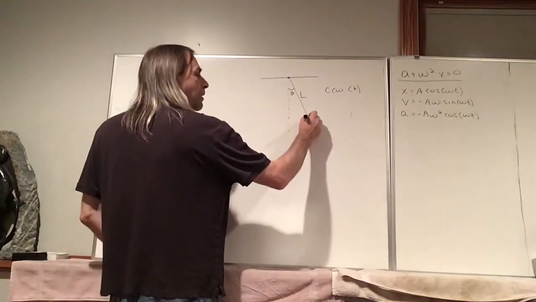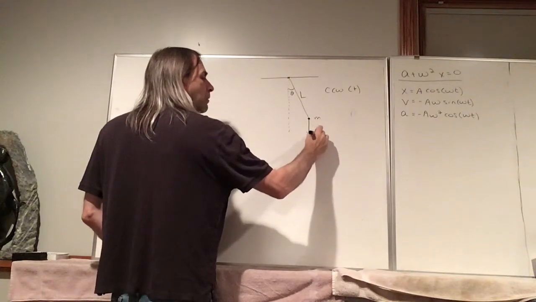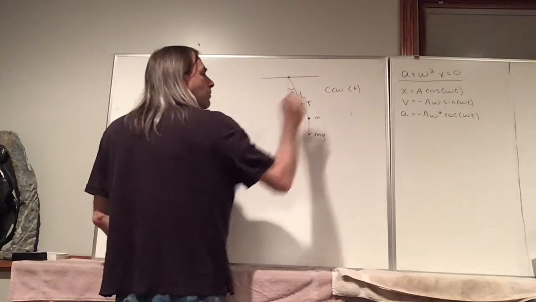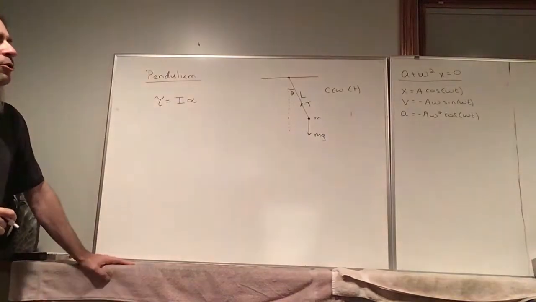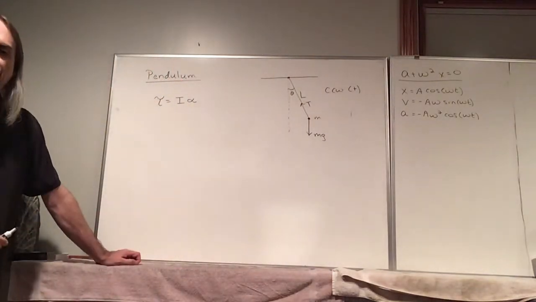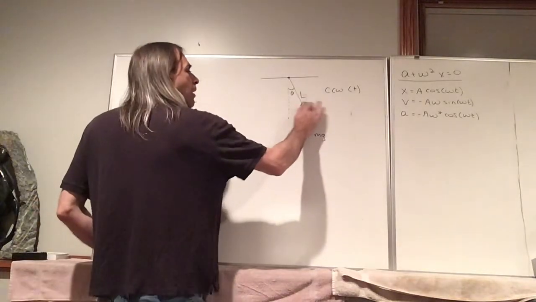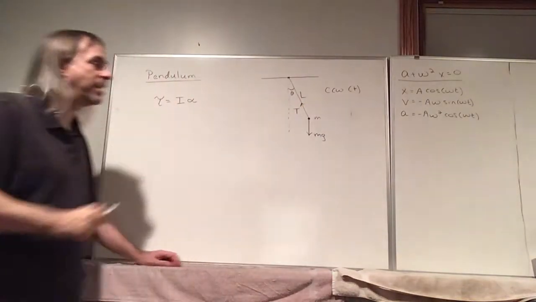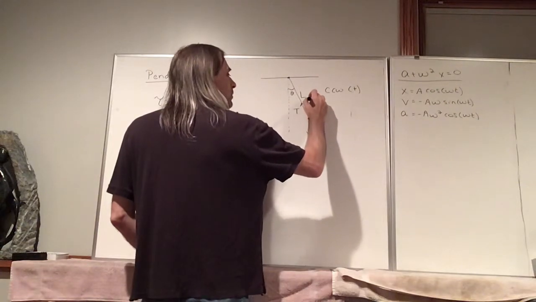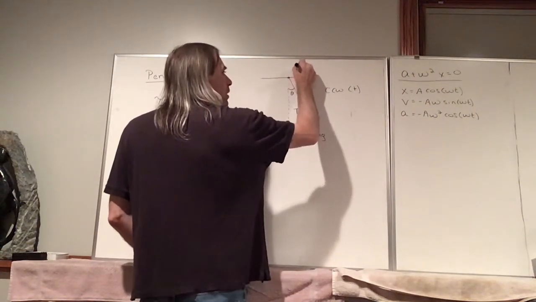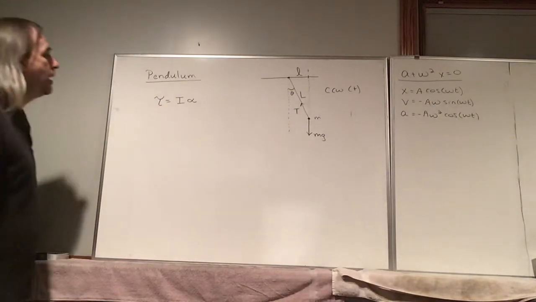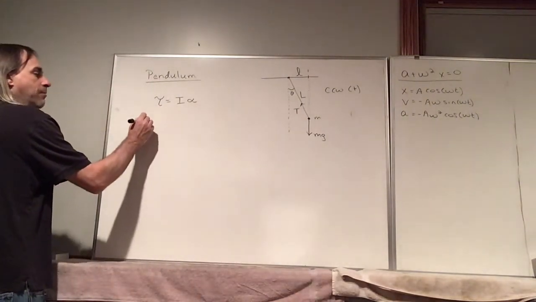So what forces are acting on this mass? We have gravity downwards, and we have tension. Now, the torque due to tension is 0 because this vector is pointing directly at our axis of rotation. Lever arm here is clearly going to be 0. So the torque due to tension is 0. Let's look at the torque due to gravity. So we have our line of force here, and our lever arm is a distance from the axis of rotation to that line of force. And so the torque is going to be mgl